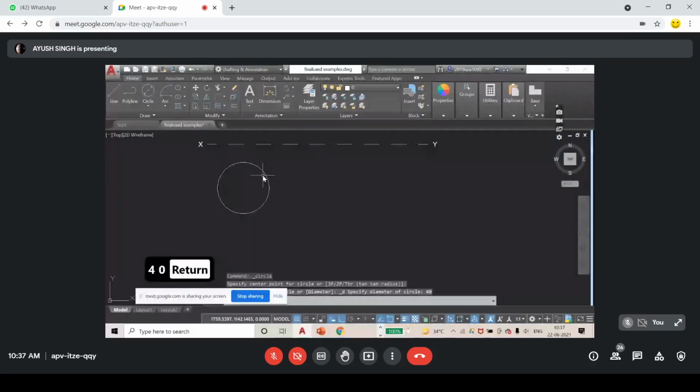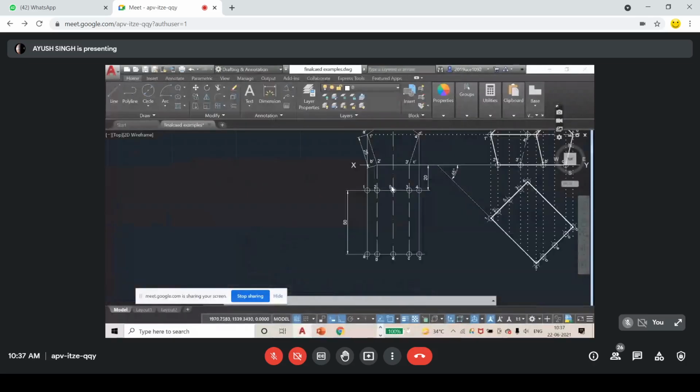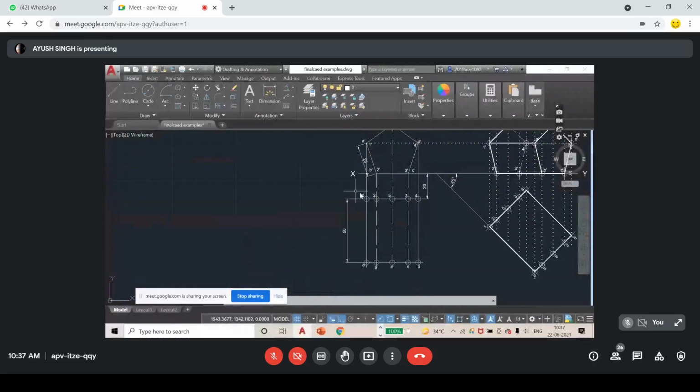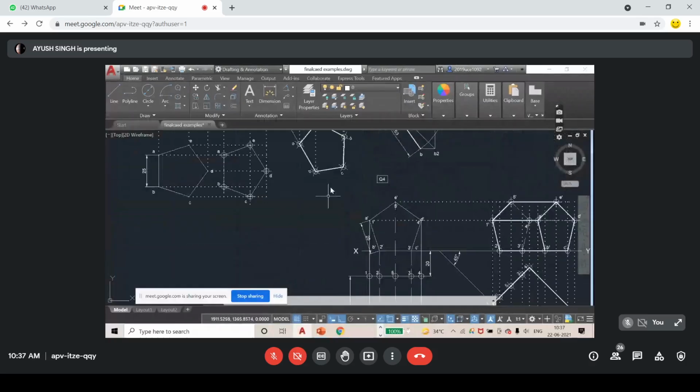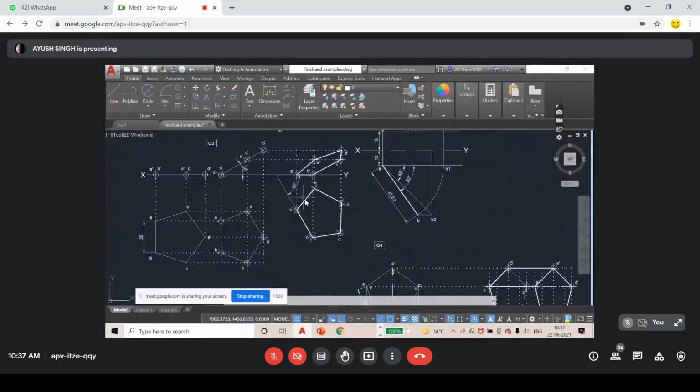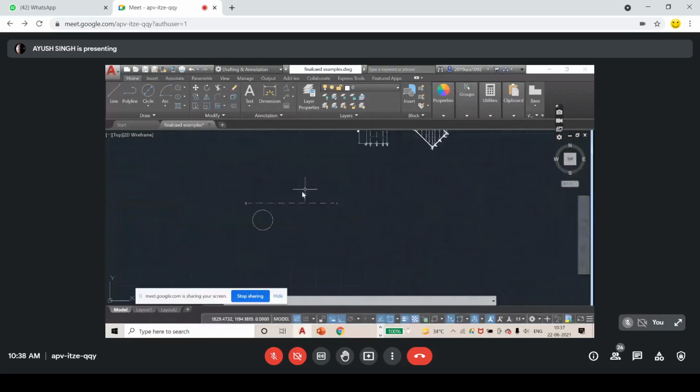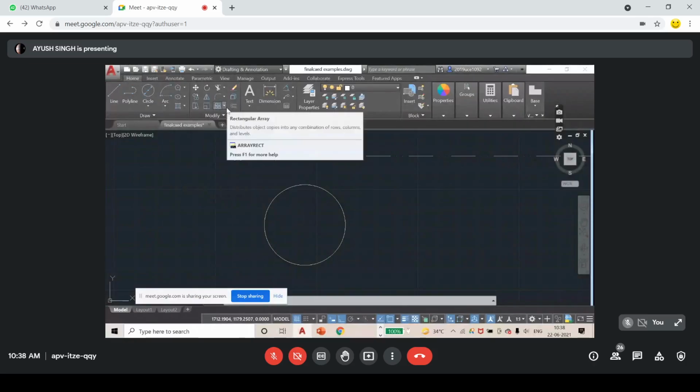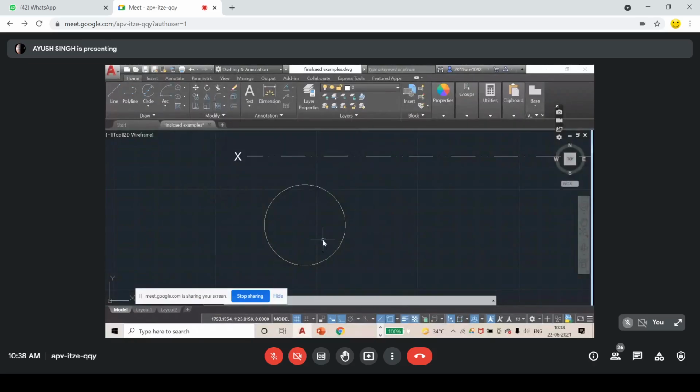Now, here is some problem. Earlier, whenever we drew the projections, we had points from where we used to take the projections. Like here also, we have some points. But on the circle, where are the points? A circle is indefinite, so it has indefinite points. So you need to define the points by yourself. The more you define the points, the more accurate your result will be. Usually, you take 8 points.